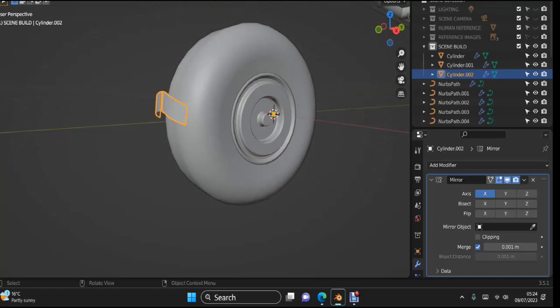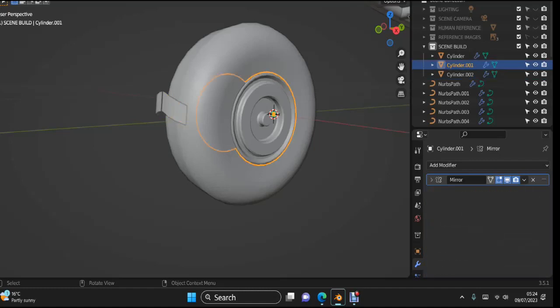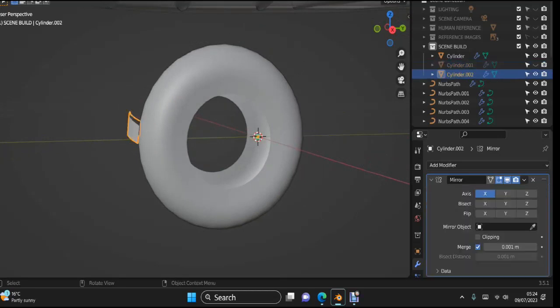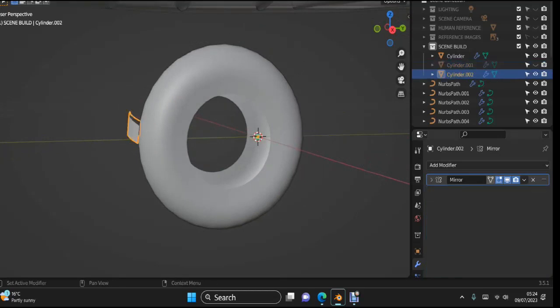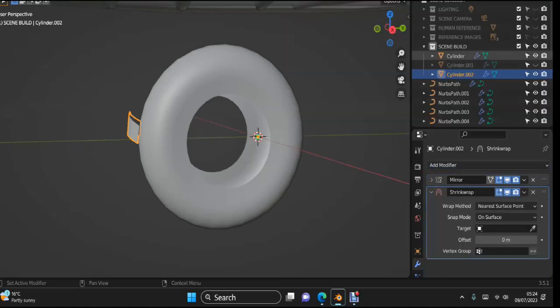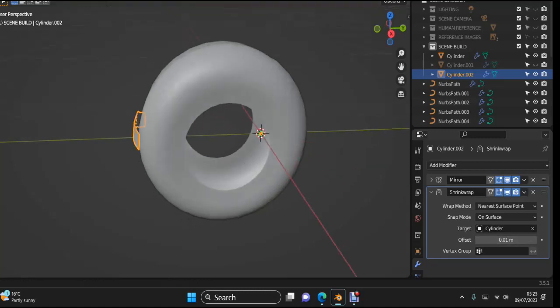Now I've got to wrap that round the tyre, so I'll hide the hub, don't need that just yet. Grab that, I've already got a mirror on it, add another modifier, and I'll add a shrink wrap. If I click on the pipette here, this little eyedropper, click on the tyre, that will shrink wrap to that tyre, and I want to increase my offset by 1, wrong way, that way, bring it out 1 point from the tyre,